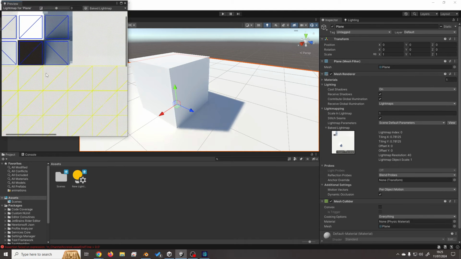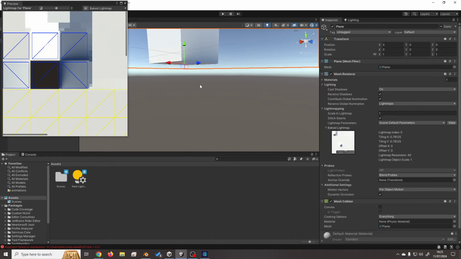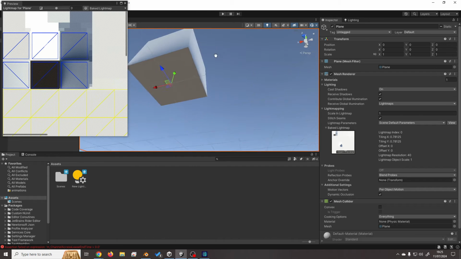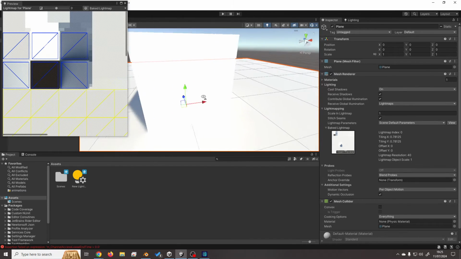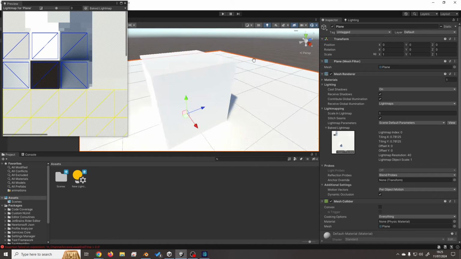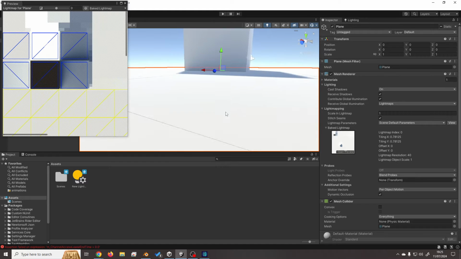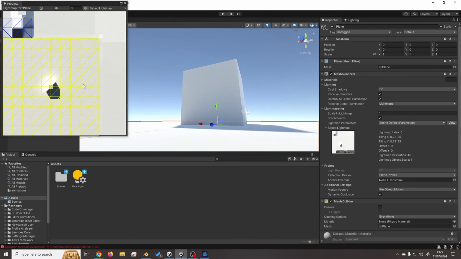If I go to the box, you can see one side of it is black, and that is the underside. That'll be the darkest part. And as we go around, you can see we've got very light sides and slightly darker sides, etc. So that is how it is, literally just a texture. It's an image, and you can see that by,